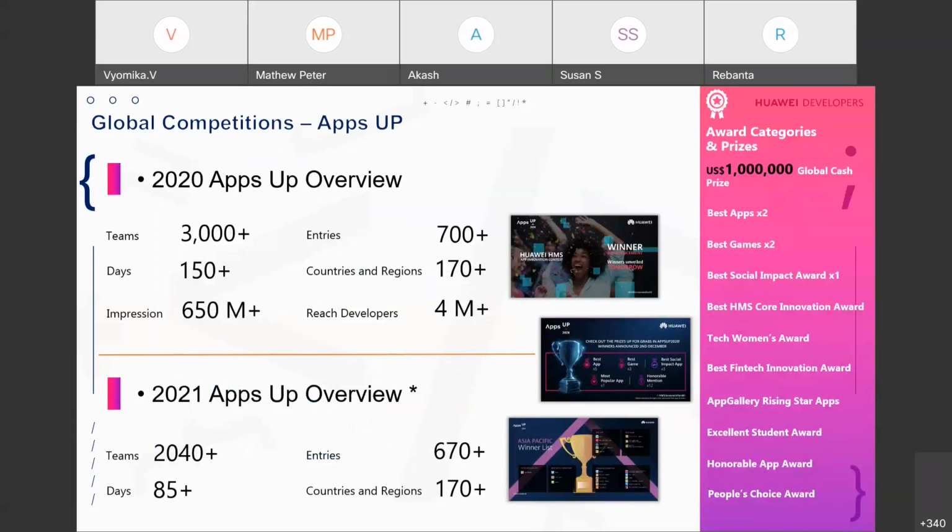So this is one of our global level competition, which we call as AppsUP competition, where all the students and developers can take part, and it is an app innovation skills competition, and there are many categories like best apps, best games, Tech4Good award, and of course one specific category for students is the excellent student award, so mainly to benefit the university students. The total prize money for this particular competition is around 1 million US dollar,